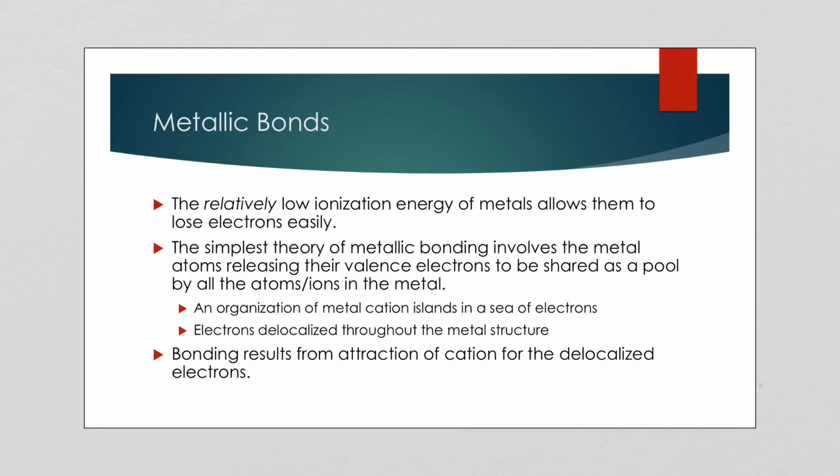But nobody really wants to gain them. And so the simplest theory involves what's called a sea or pool of electrons, where basically all of the metals lose their electrons, and we form a bunch of metal cations that we refer to as sort of islands, and they are surrounded by